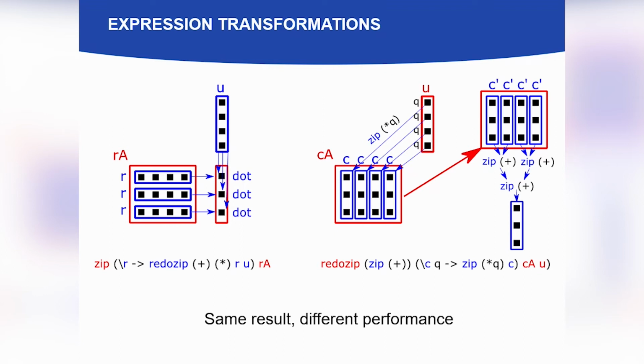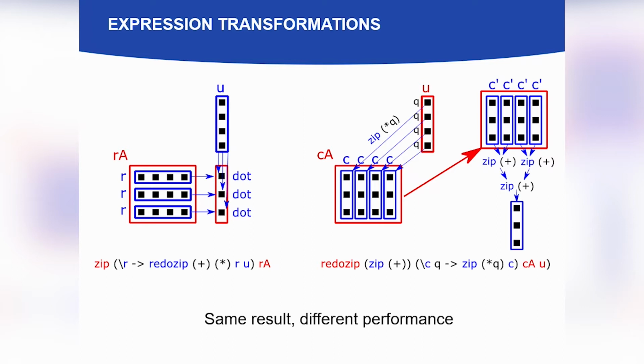Okay, so let's see why and how we would want to make changes in expression trees or computations. On both sides, you see a matrix vector multiplication. On the left side, it's performed by computing this scalar, the dot product of each row of the matrix with the given vector. It's expressed as a redo zip operation nested inside a zip. And on the right side, it's the same computation, but formulated as computing the element-wise products of the elements of the vector with the columns of the matrix, and then summing up the columns. The result is, of course, the same,